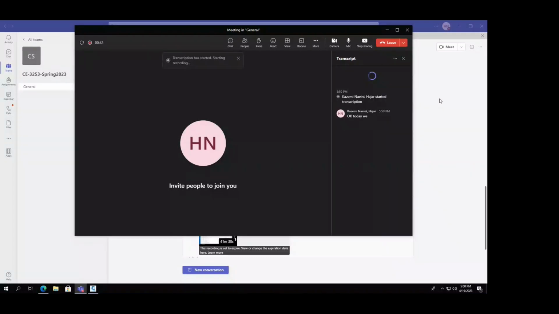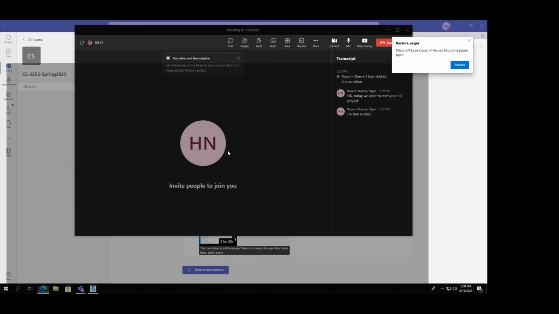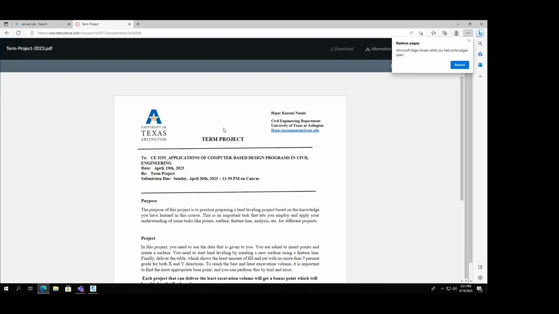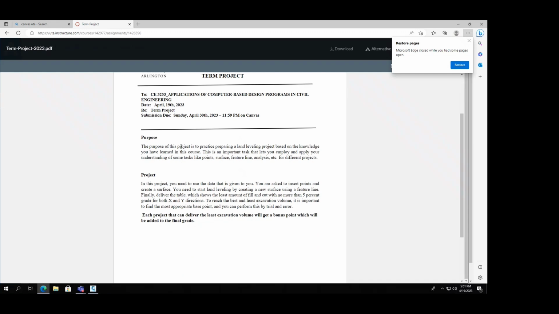Today we want to start your term project. That is what I shared on the Canvas. This is your term project. You need to do a land leveling project, and today I do a sample project for you that is similar to what you need to do for your term project. It is individual, and those of you who reach the least amount will get a bonus point for your